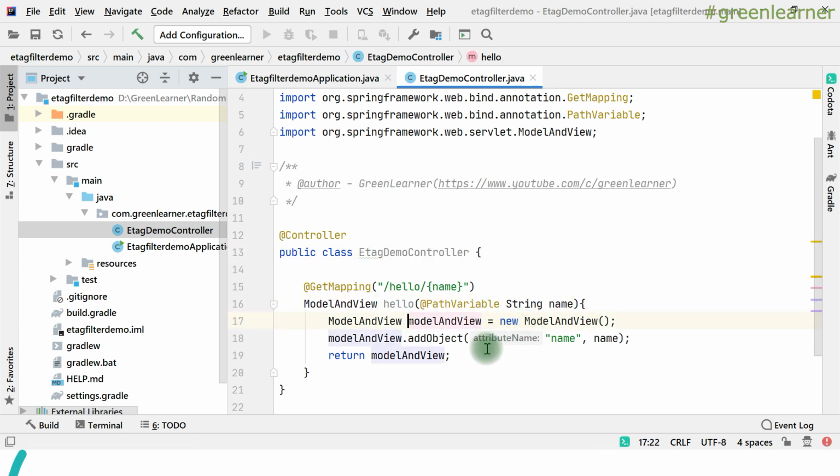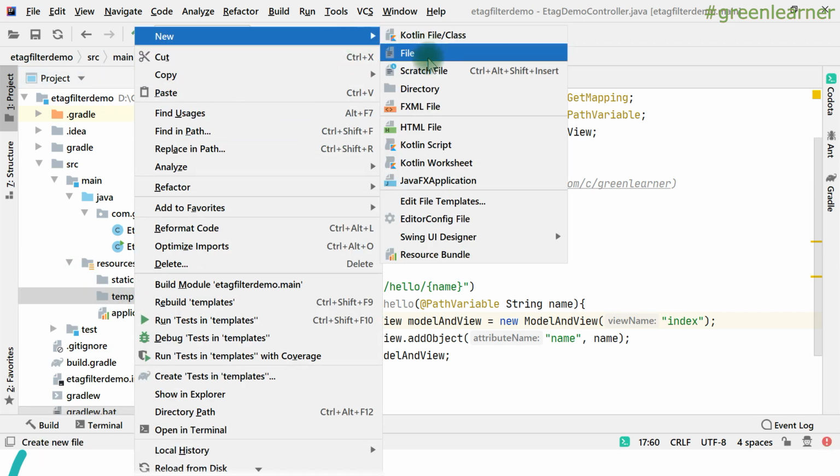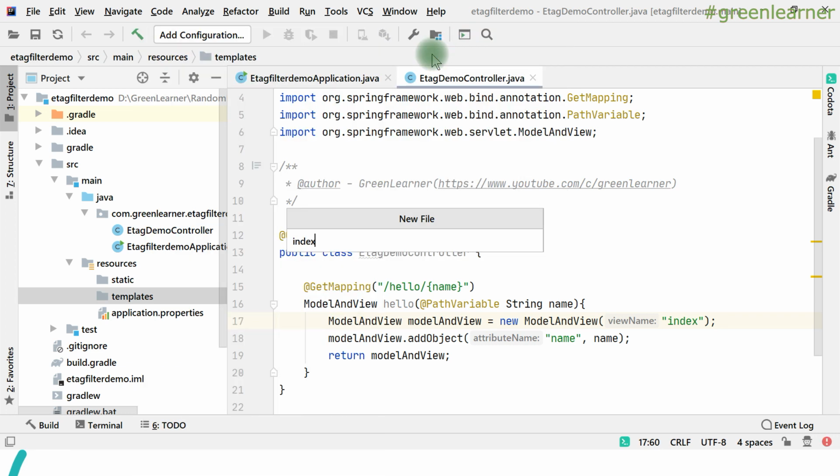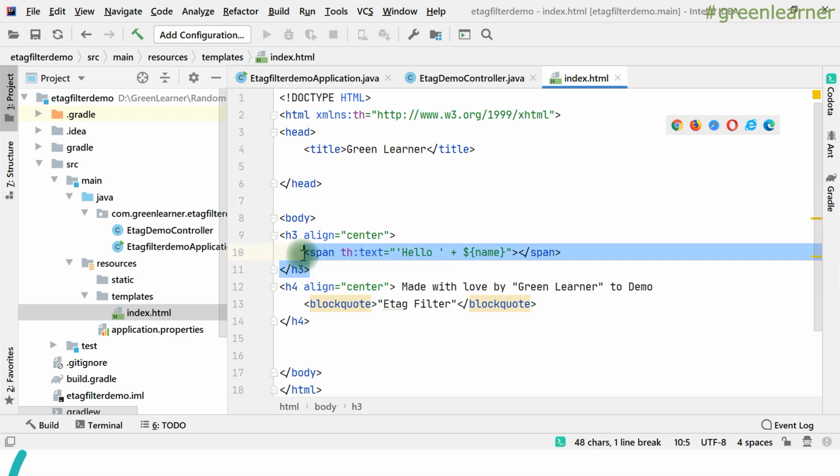Now I have to create the index page for that, right? So return model and view index, I have to name that, and this index.html I have to create here. This is the content of the index.html that I had already written, and I'm just pasting it. The main important thing is here. So, hello name.